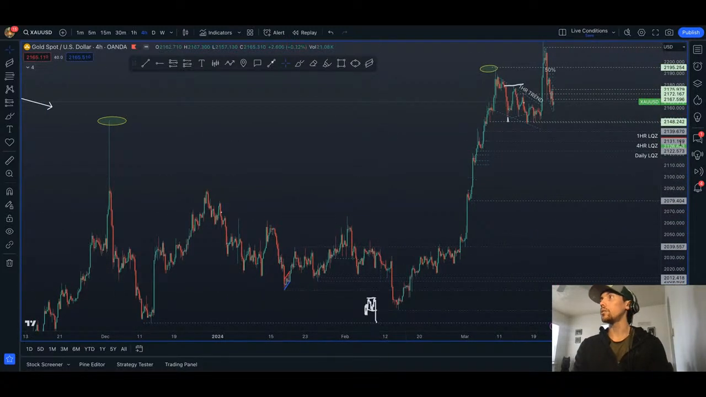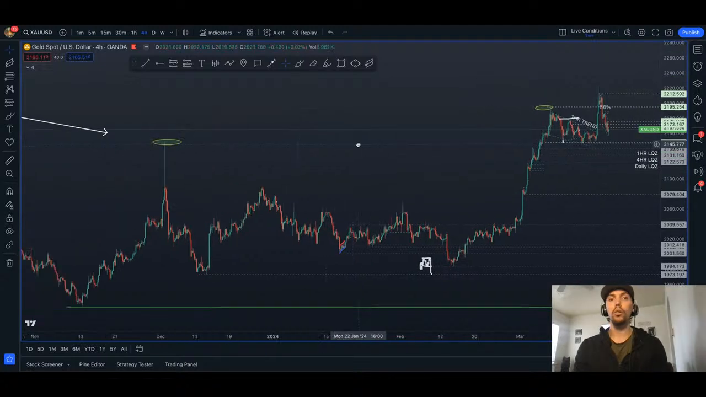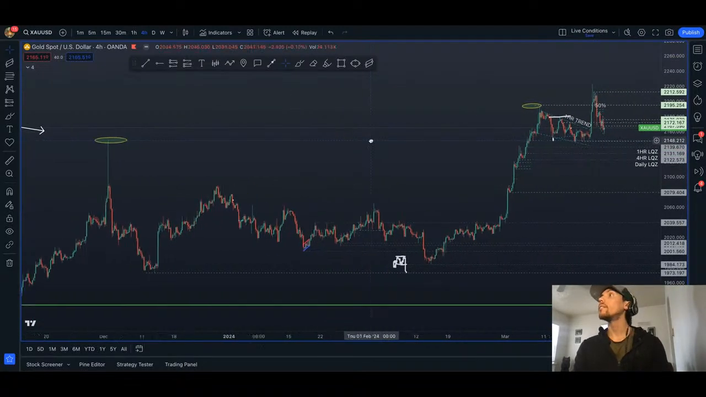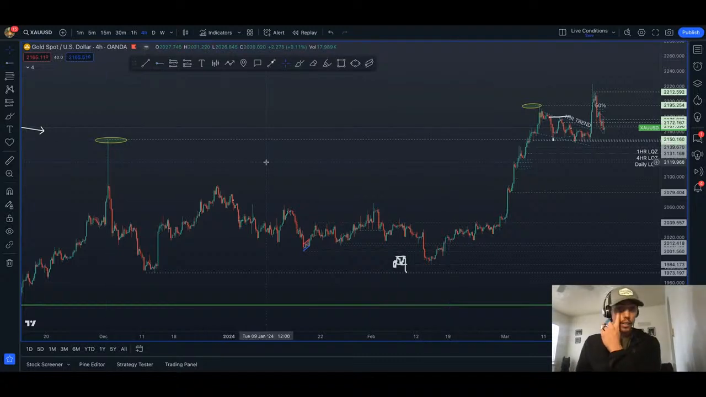Okay, so let's break down gold. So usually I like to start with a higher time frame analysis. Usually your higher time frame analysis carries more weight, so